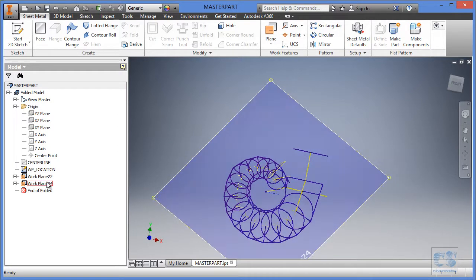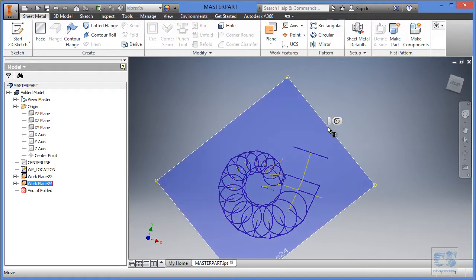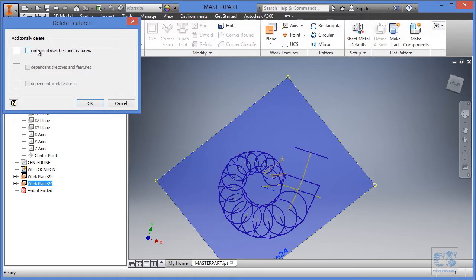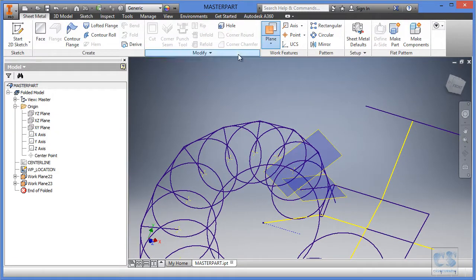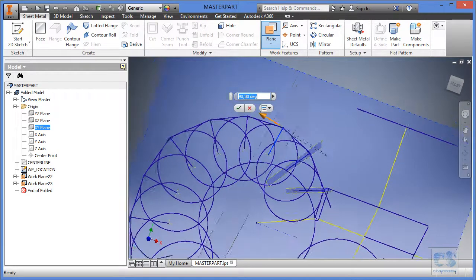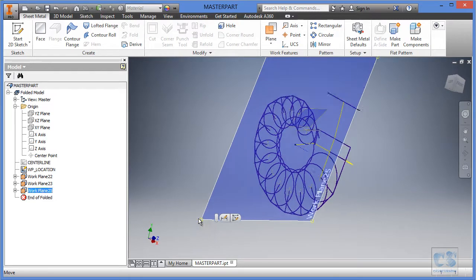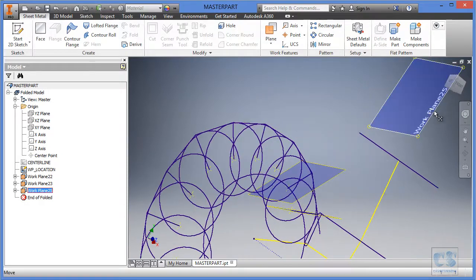Next one, we use the XY plane, then this will be the line. Okay, I think I made a mistake, so I'll just delete. Which one? This one. I will right click and delete it. Delete. Consume sketch and feature, no. Okay, so let's go back to it. Plane, we select this one and then the line, accept, select it,